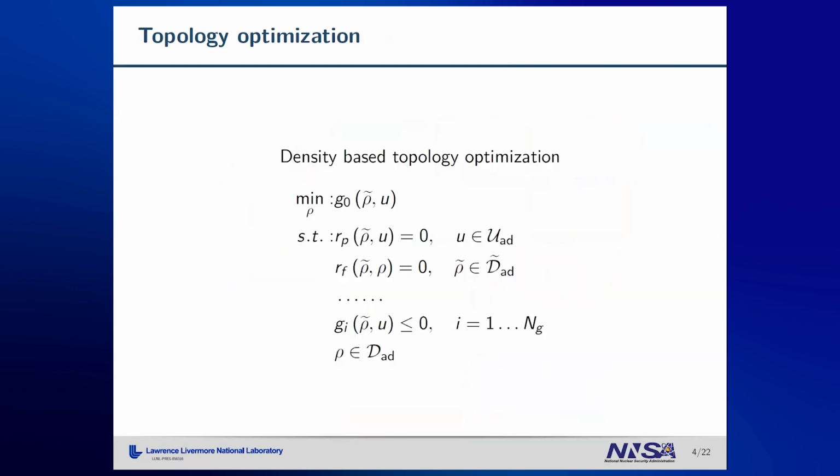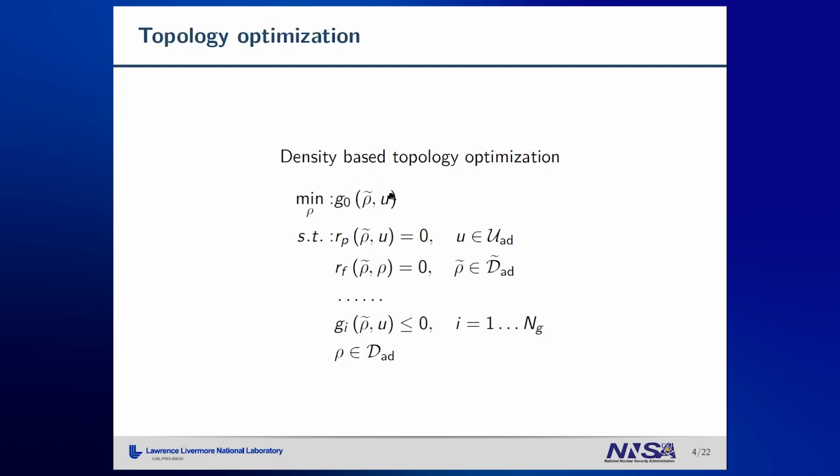Mathematically, the optimization formulation can be written in the form shown on the slide. We have an objective function, which could be mass, could be compliance, could be anything you can imagine you would like to compute and optimize for, subject to a set of constraints. The first constraint represents the physics written in a residual form. In the second constraint, we can add more physics, we can mix physics in the optimization process, so we can optimize for fluid mechanics, heat transfer, combined with requirements of solid mechanics behavior. We can work with electromagnetics if we want, and so on. And we can have a set of constraints, of course.